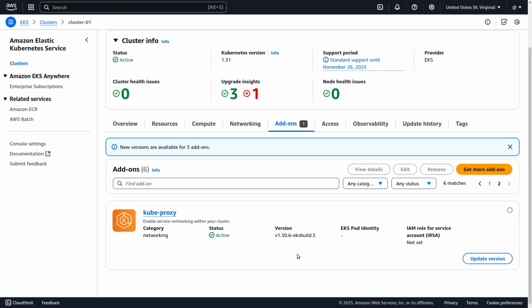And here on page 2 we have the 6th and final add-on, which is kubeproxy. Pretty central to the functionality of Kubernetes. And you can see the version is 1.30. So what I can tell you is that there is a version for every Kubernetes version. There's a version of kubeproxy. Now we've just moved to 1.31, so pretty much I'll just say straight off the bat, we need to update